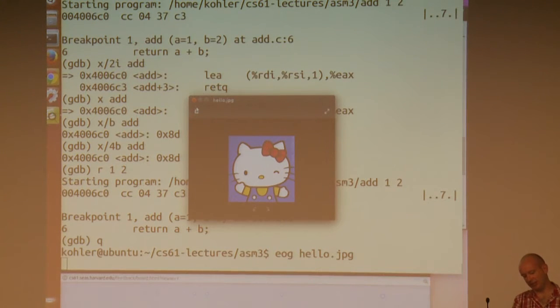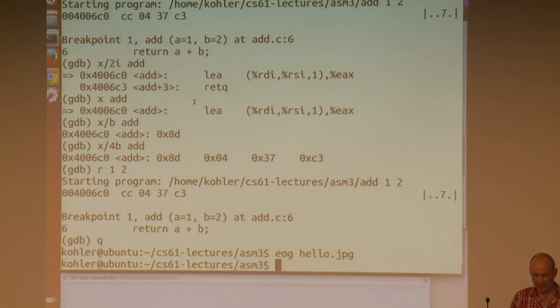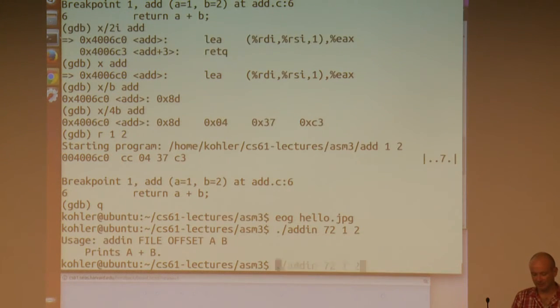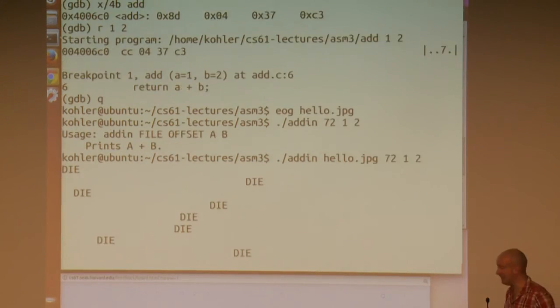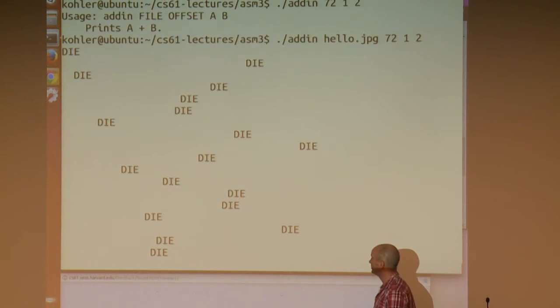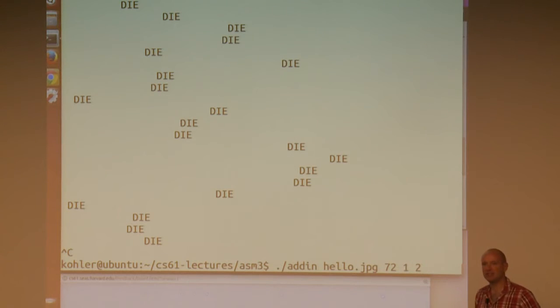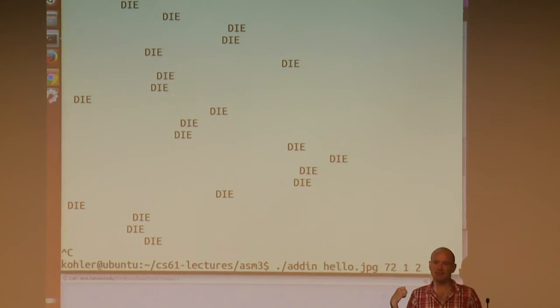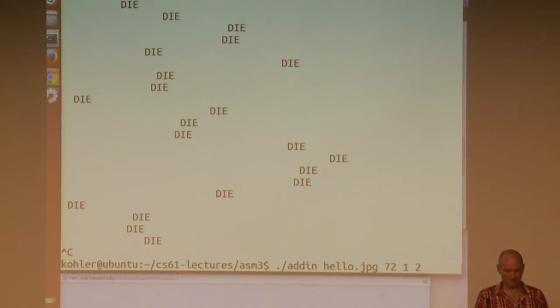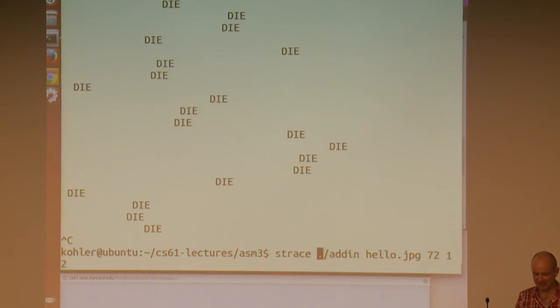You remember this very cute child. And you might remember that if we try and execute an add function that's located 72 bytes into her, we get a very nasty message. So what program can I use to figure out how those messages are being printed? Anybody remember? strace, right? So if I run strace on this program,